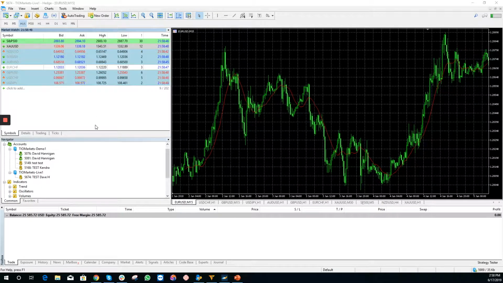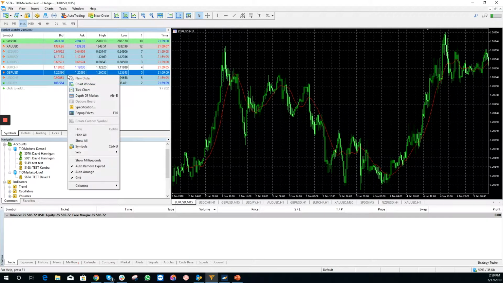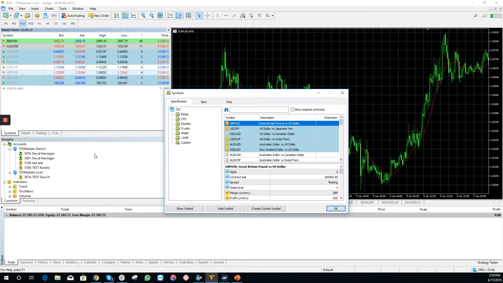So without further ado, I've got my MT5 demo account up here, and the first thing to do is go up to your Market Watch box over here. I just have a couple of currencies and quantities up there, and I want to add a number of the equities we offer. So I'm going to right click over here, go down to symbols, and you'll see, conveniently over here on the left hand side,